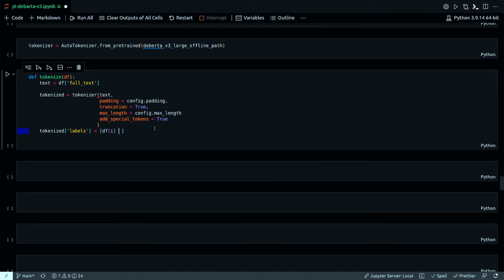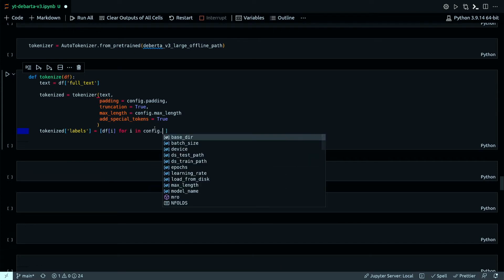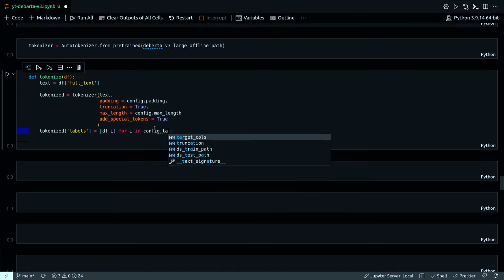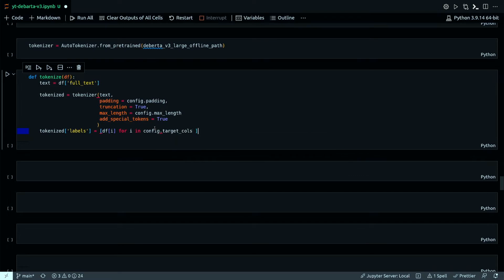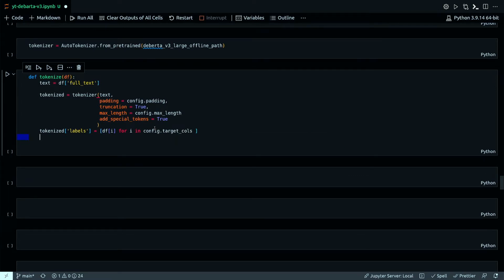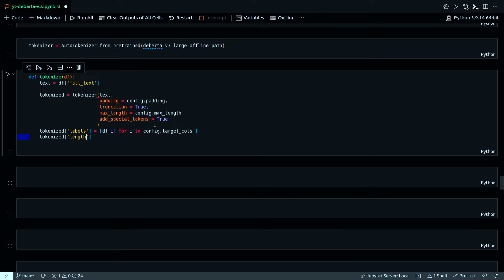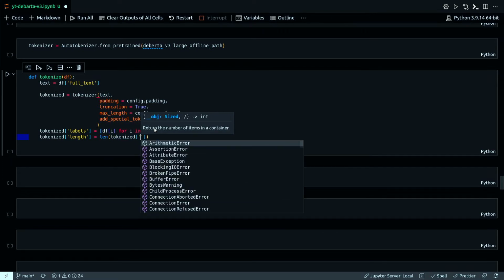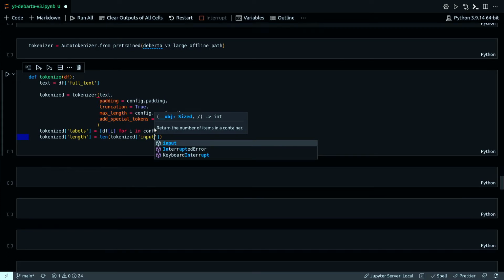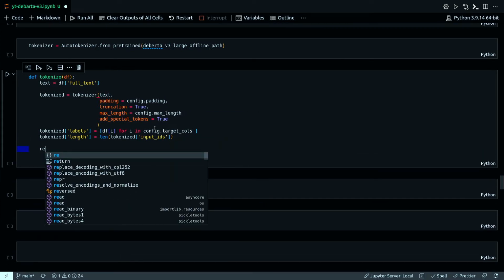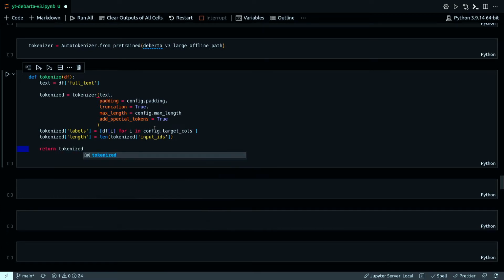DFI. All the target columns from our original data frame. That will be my tokenized labels. So config dot that will be input IDs. Okay.